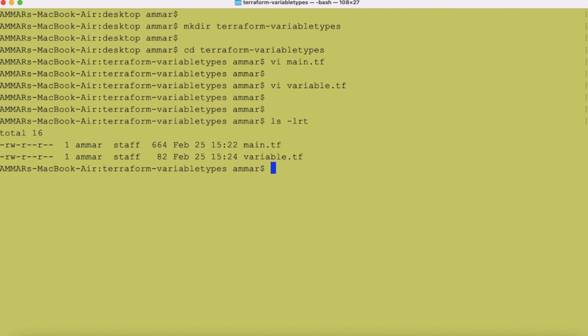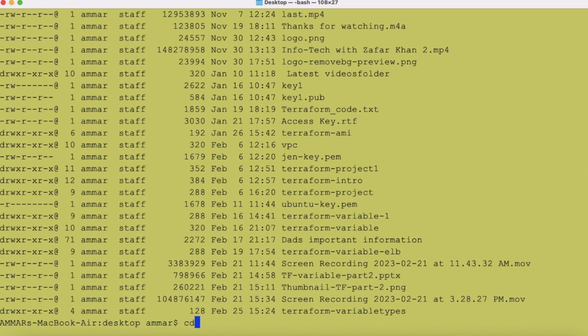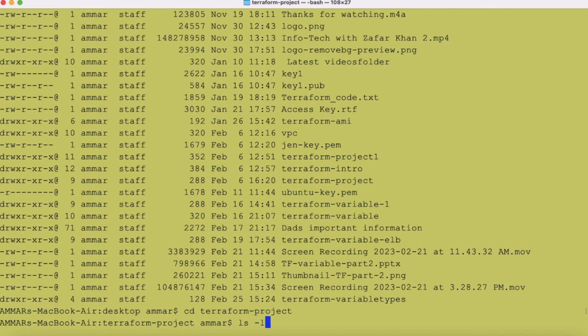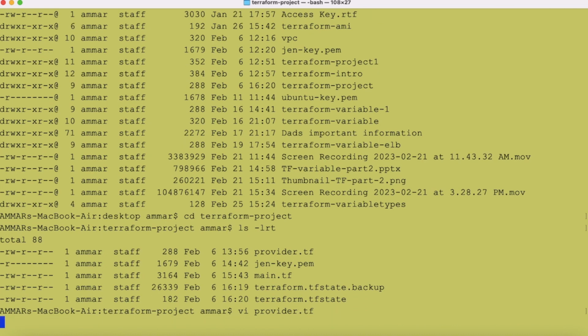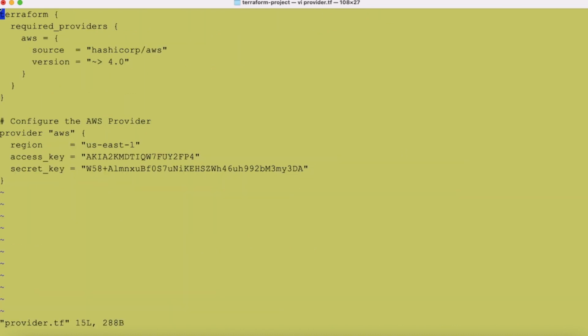So we need to create another file, that is provider.tf. So we will just copy the provider.tf from the previous one. Cd, copy this one, it is in this folder probably. Let's check. Yes, so vi provider.tf. Okay, just copy it,